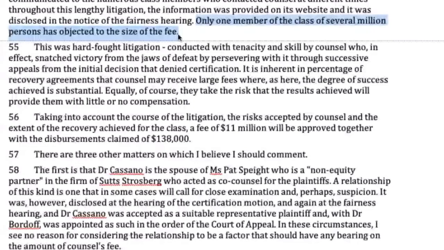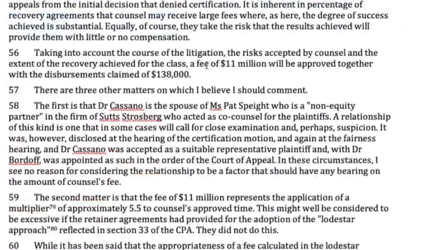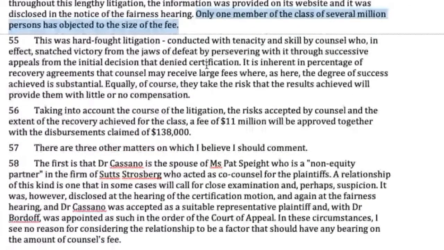But anyway, no one protested, and that weighs in the firm's favor. They say it was all or nothing, hard fought all or nothing litigation, right? They could have gone to trial, and